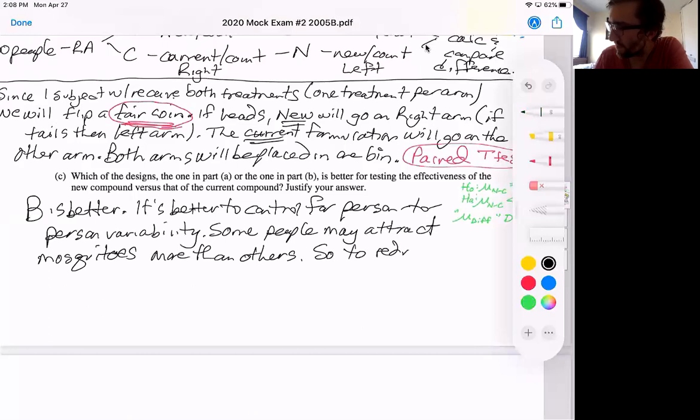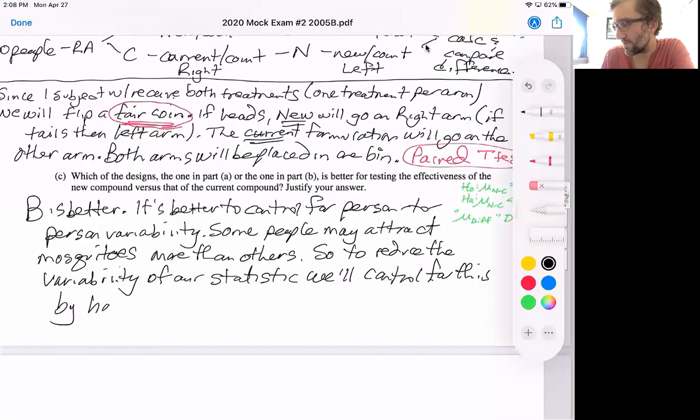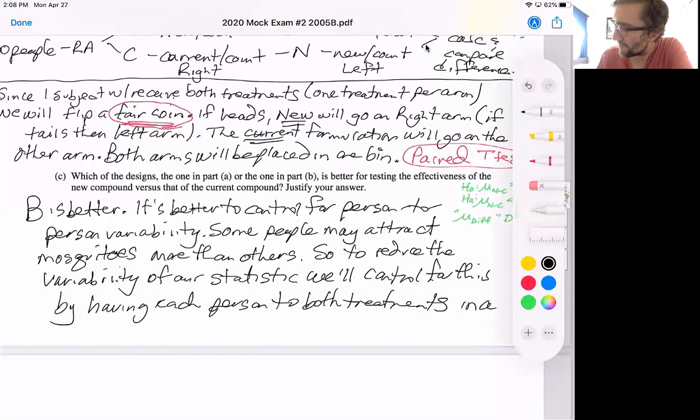So to reduce the variability of our statistic, we'll control for this by having each person do both treatments in a random order, or at least which arm receives the treatment in a random order. Okay, so